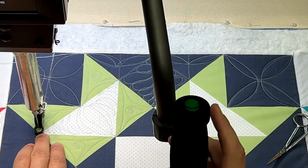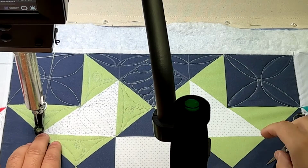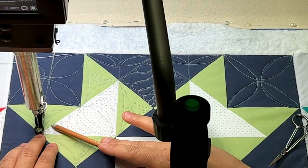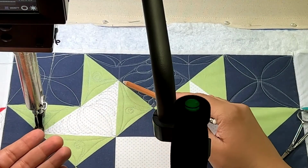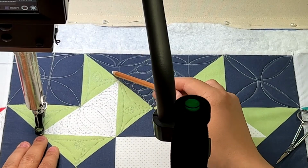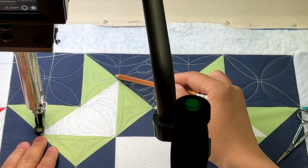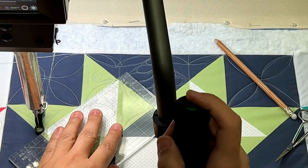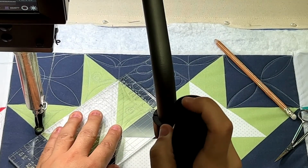Now at this point right here, I'm at the section where I only have one little arc to do, and it's to finish this one off here. So I'm gonna do a line of stitch in the ditch, and on the back of the quilt, it's gonna give it a little bit of separation between the pieces because I have that stitch in the ditch line, and it also gets me to be able to finish off this arc. So I'm gonna grab my ruler, do a line of stitch in the ditch,